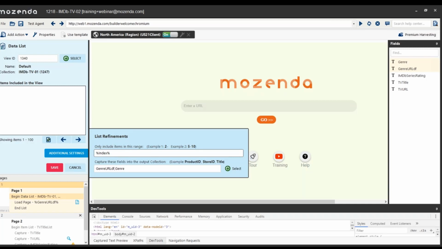Like Georgia mentioned, you may not know if your 9th agent failed, or your 9th index failed, so the 9th item in your list failed, or if it was the 800th item in your list. What this allows you to do is identify and find what the issue is. So if we go